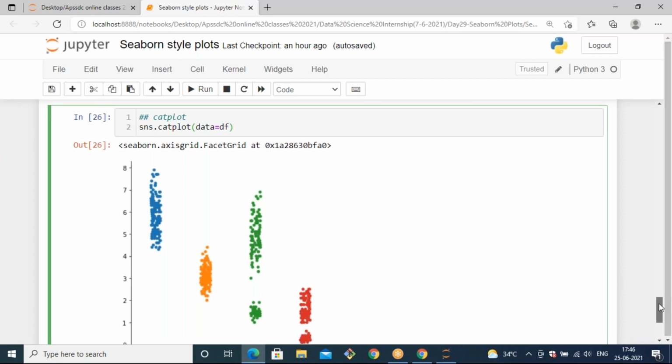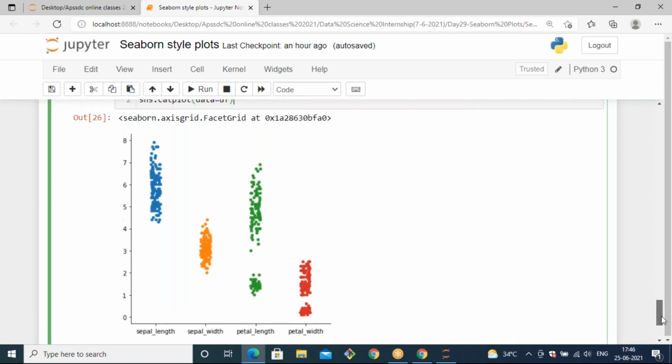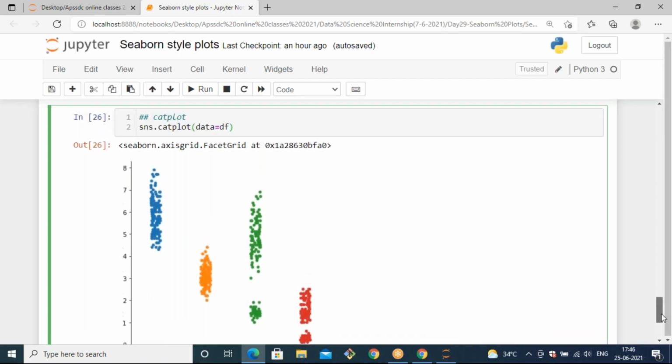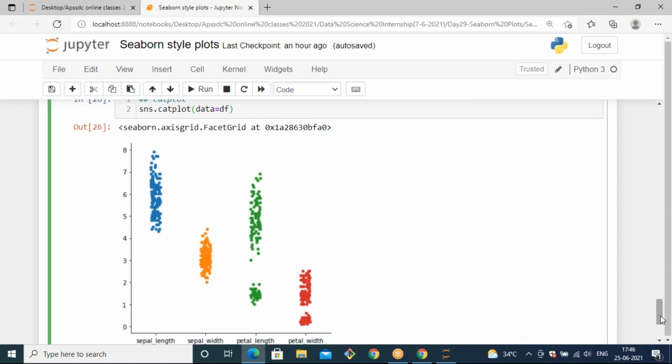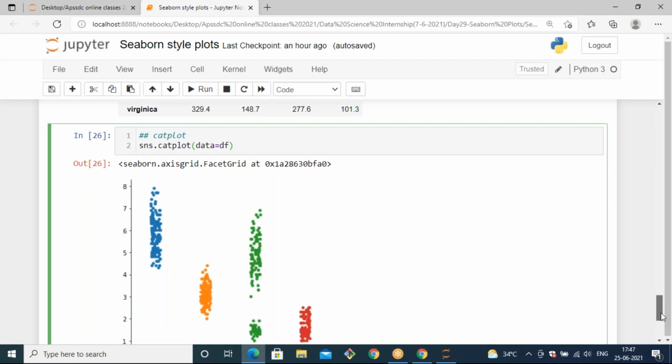Now if you see the result, it generates every feature like sepal length, sepal width, petal length, and petal width. We are not mentioning any x and y values, so based on the input it has, it generates a categorical strip plot.